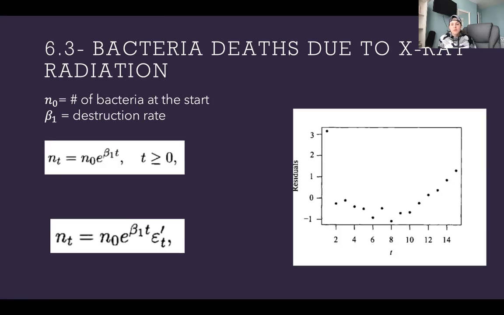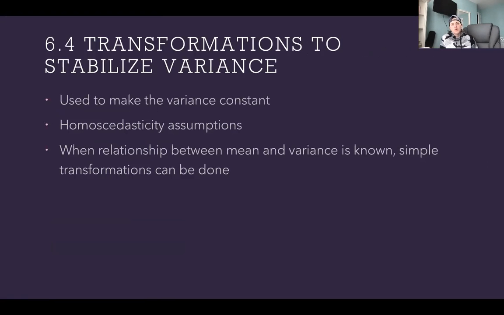So just like we've talked about in the past, they have showed that this plot is indeed random. So therefore, it is a good plot overall, the logarithmic plot. So we can tell that the model is indeed a good fit, the logarithmic model, not the original model that we had. All right. So now we're going to move on to section 6.4, which is the transformations to stabilize